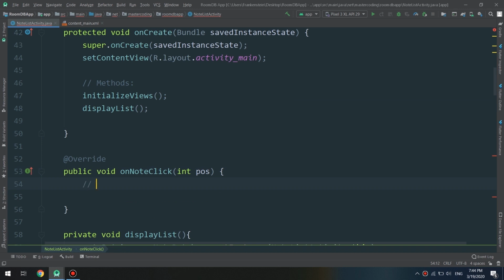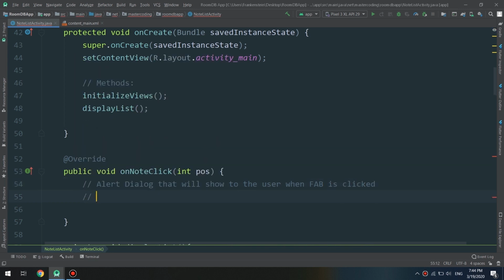So we start by creating an alert dialog that will show to the user when fab is clicked, to ask for update or delete notes. Okay, we start by new alert